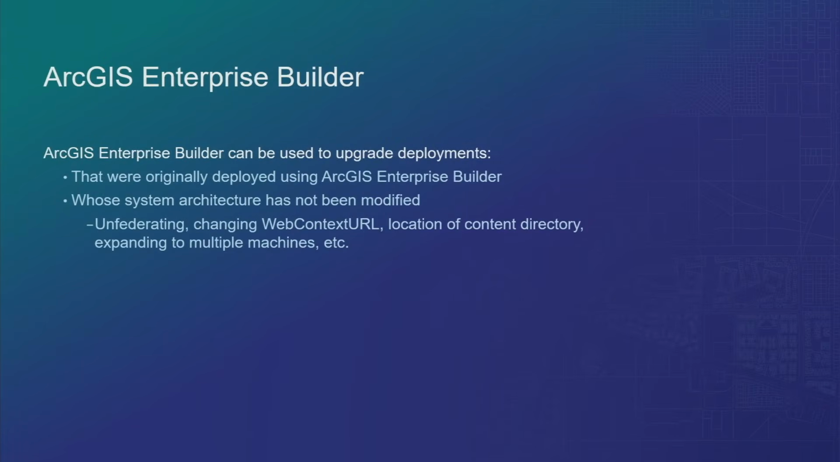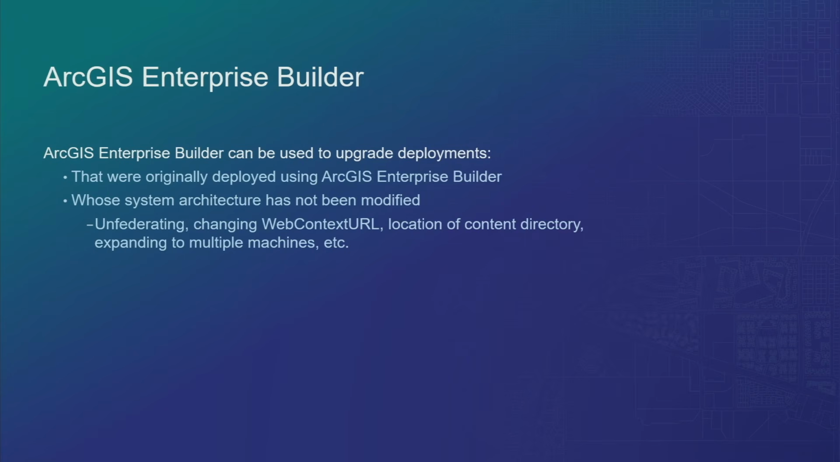ArcGIS Enterprise Builder is a way to deploy quickly on your test and dev machines. All you get is a setup which comprises all the software components. You go through a few clicks, and then it deploys everything on a single machine. You can continue to upgrade using Enterprise Builder as long as you have not changed the underlying architecture, which